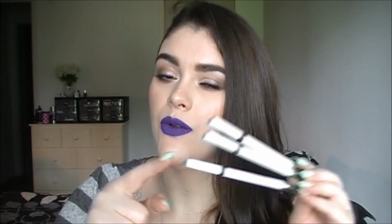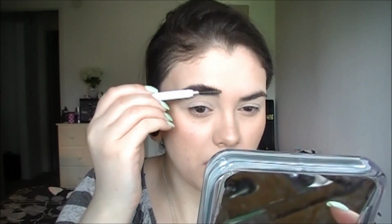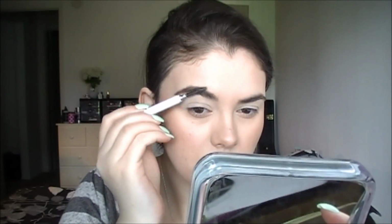So let's go ahead and get into the brow demo. I'm going to show you guys how I like to use Taupe and Neutral Brown together. Let's get into it. Alright, so to start off, I'm going to take the spoolie side and I'm just going to brush through my brows and just put them into place how I want them. So I'm going to take the shade Taupe, and I'm going to do this brow first because my eyebrows are so bad. I'm just going to go through